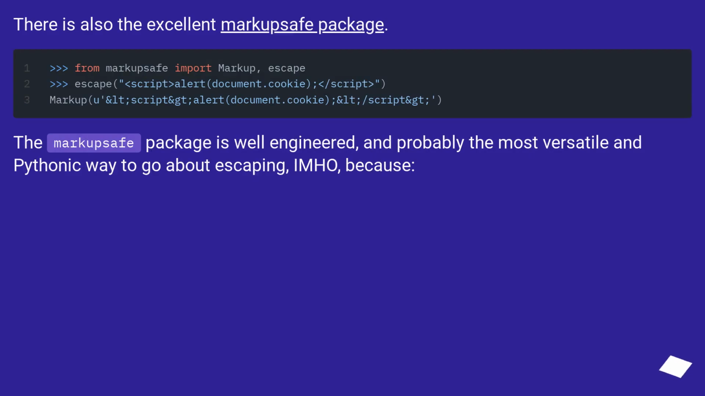There is also the excellent markupsafe package. The markupsafe package is well engineered, and probably the most versatile and Pythonic way to go about escaping, IMHO, because